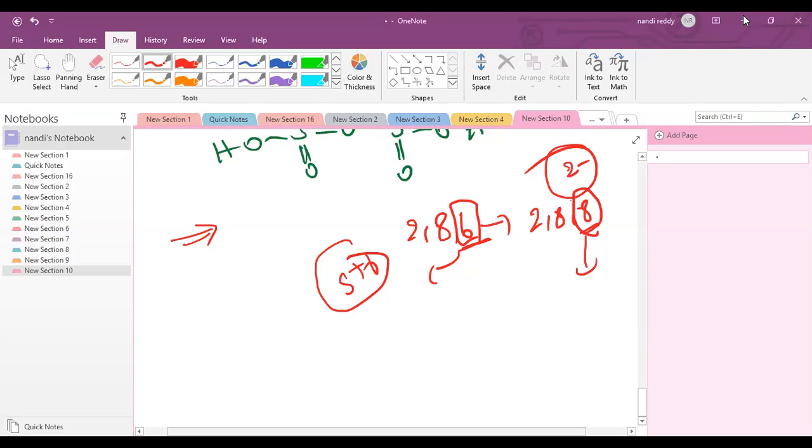For each example you have to find which is the oxidizing agent and which is the reducing agent. Send those notes to me, the pages you have. Otherwise keep them with you. I will ask one day, but write everything. Which is the oxidizing agent? Which is the reducing agent? You need to write very clearly. This is the reaction supposed to take place: sodium plus oxygen gives rise to Na2O. Which is the oxidizing agent? Which is the reducing agent? Which undergoes oxidation? Which undergoes reduction? By solving all these, you will get it perfectly.